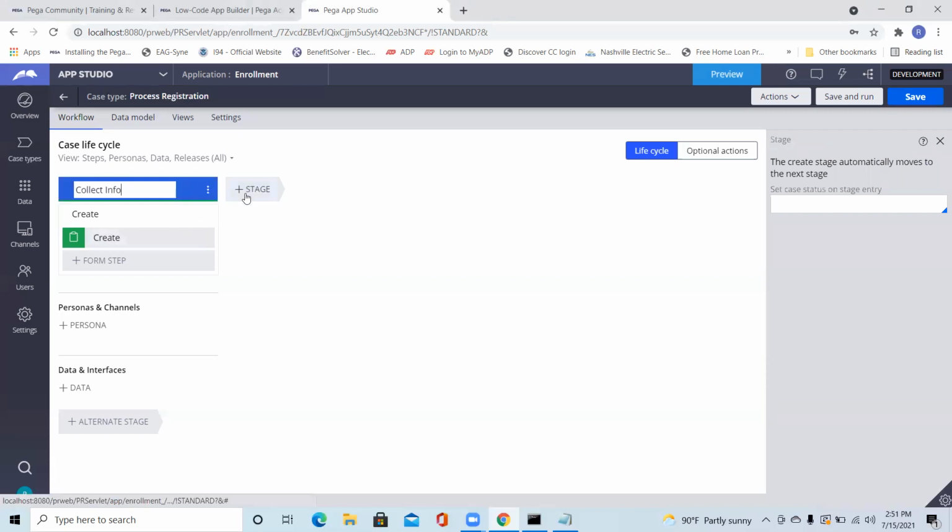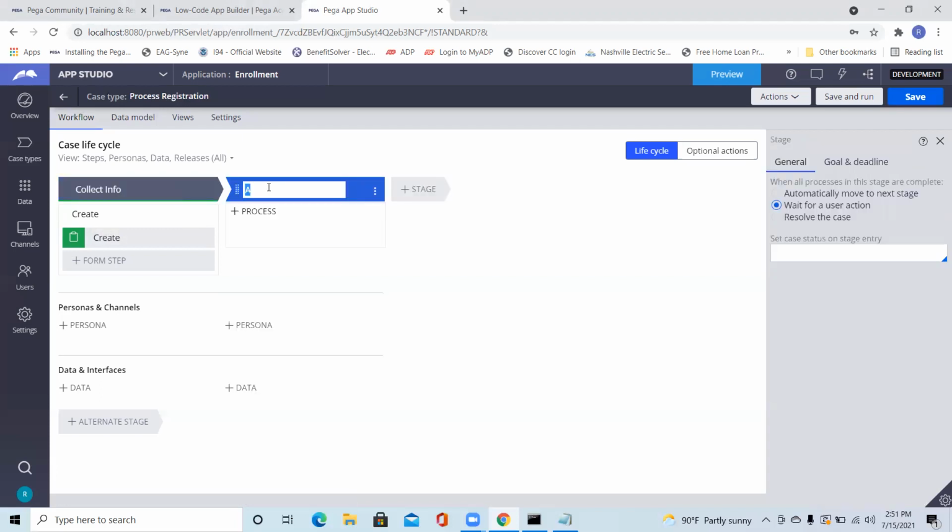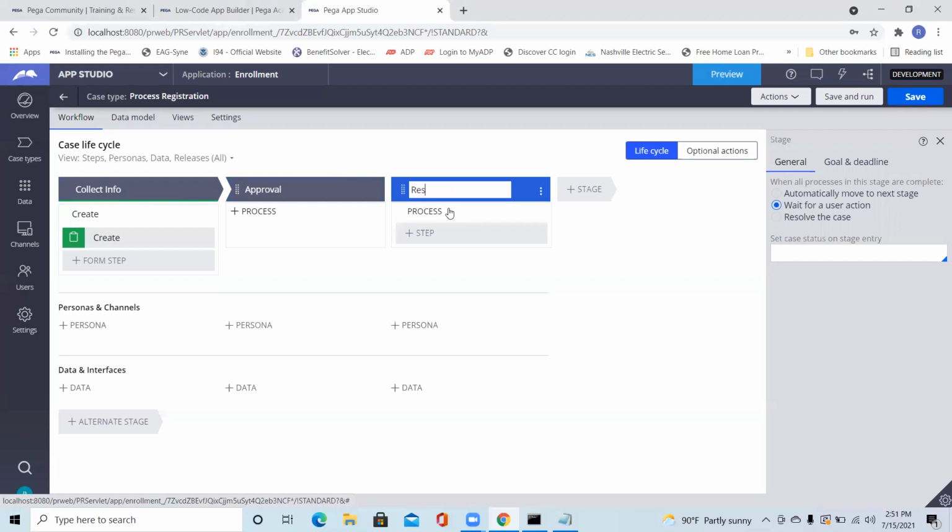Then you can add an approval. Then further is resolve. We'll see that part also.